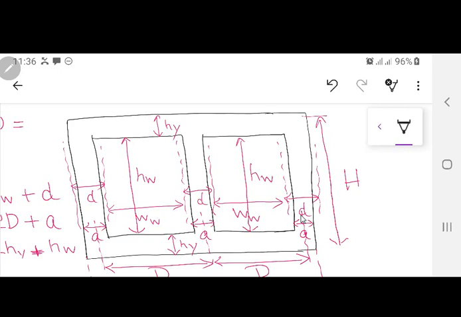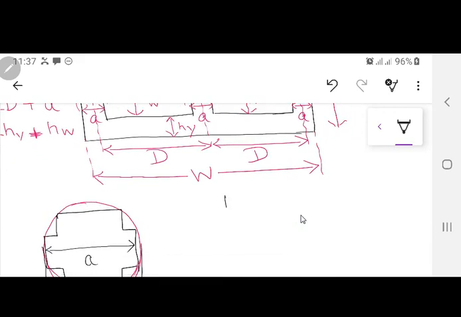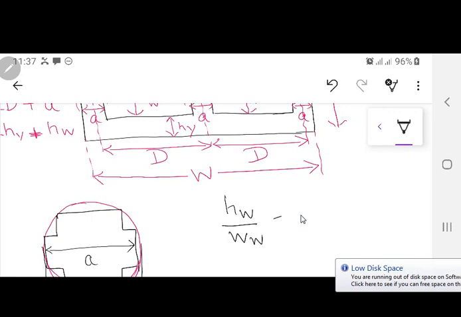And when you have designed those two windings, listen to this very carefully, then you will know the height of the transformer and the width of the transformer. That is the most suitable way. But there is a case, just like this book, where you are designing a small transformer, supposedly 20, 30 or 50 kVA, and for that the tank sizes are confined. So in that case, there is a condition that the height of the window divided by the width of the window should be in the range of 2 to 4.